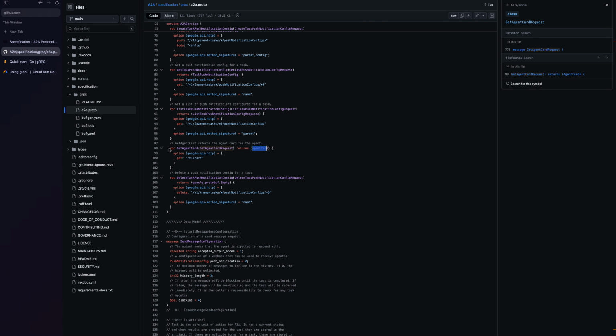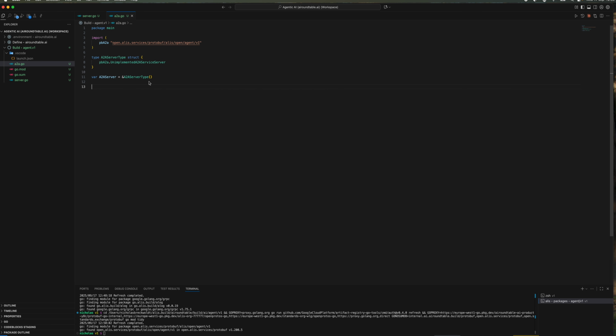So if we maybe want to copy this across, it'll be useful reference. So we need a new function, and we are implementing a method that is on this type. So the A2A service methods, all the methods that we need to implement live on this type now, but are all unimplemented, and we need to therefore implement them. So it's called GetAgentCard,